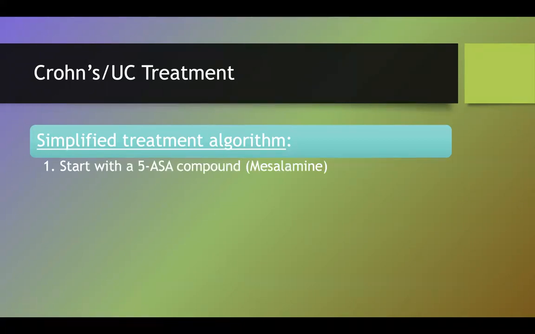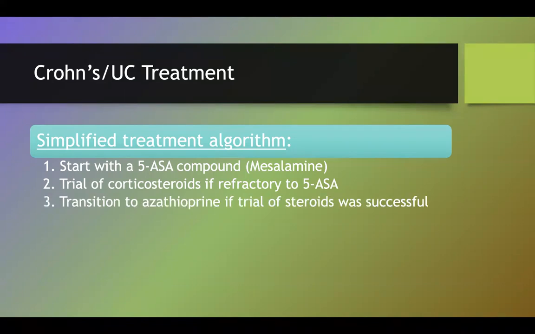A good place to start is with mesalamine, which is basically aspirin that is activated in your colon. You can also try steroids, which is very common. Makes sense if it's an autoimmune condition. And then after here, there's a few different algorithms that show different things. I liked one of the algorithms that basically said, hey, if your steroids worked out, you can give them kind of a low dose immunosuppressant,